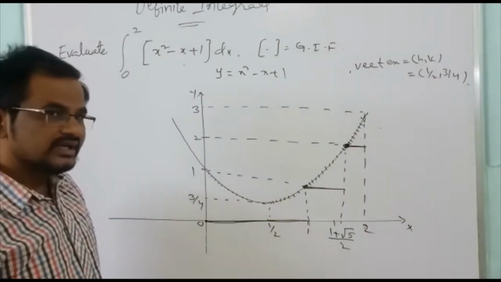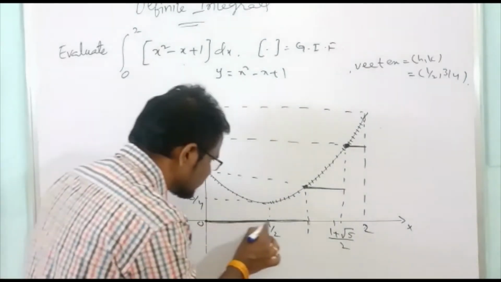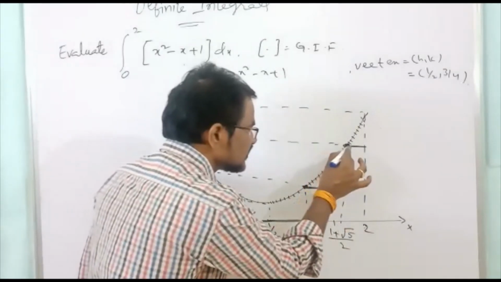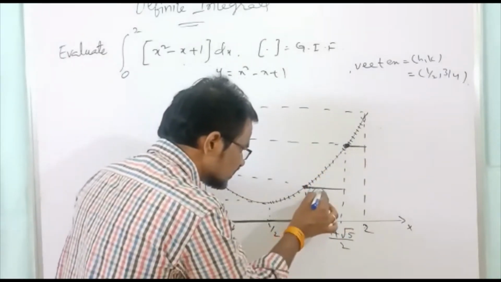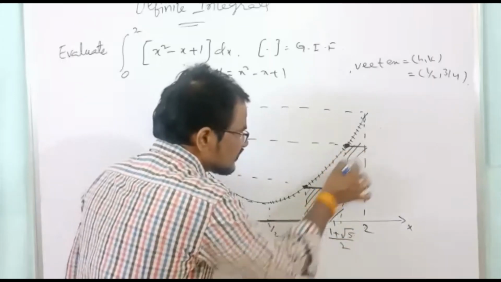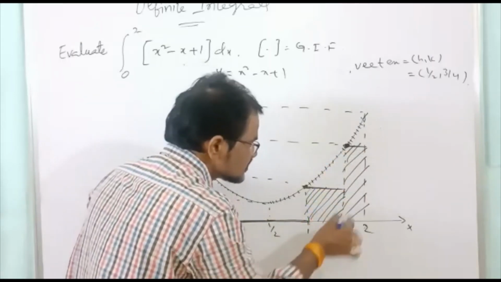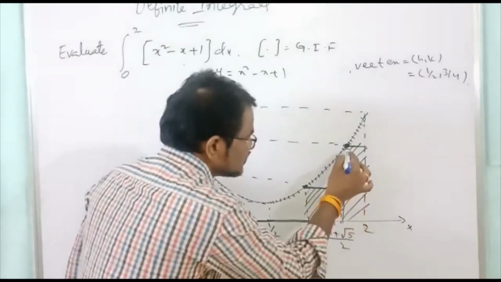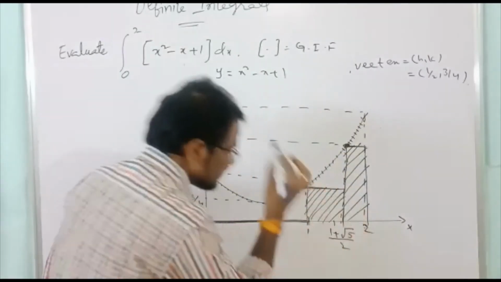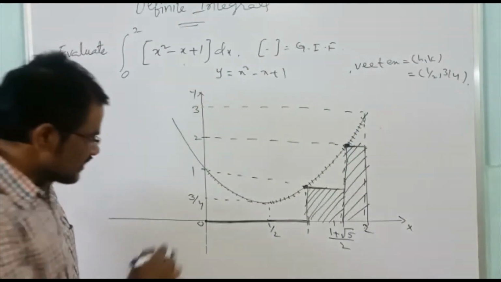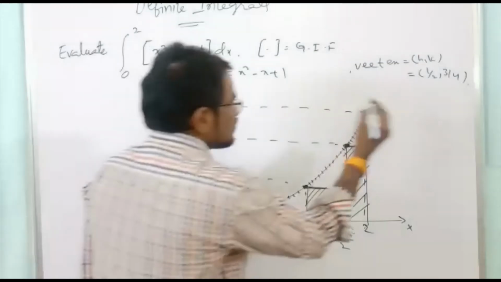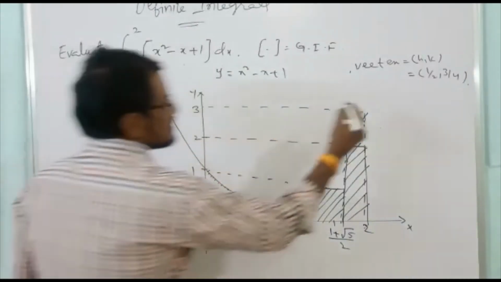Our required area: here to here the functional value is 0, here to here it is 1, and here to here it is 2. So here there are two rectangles. That is our required area. This rectangle's area and this rectangle's area we have to find. Okay, so here to here it is 0 only. So the required area is equal to